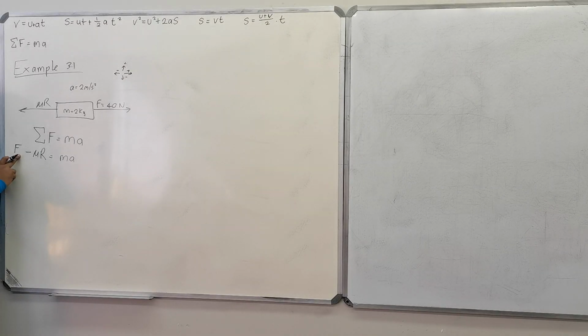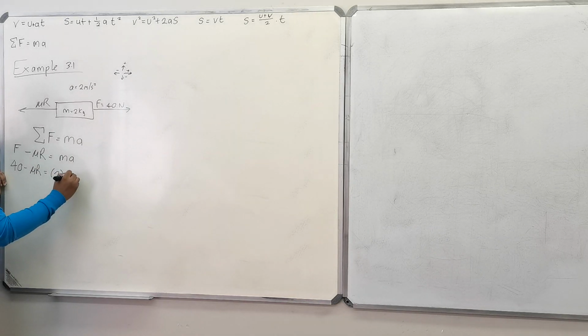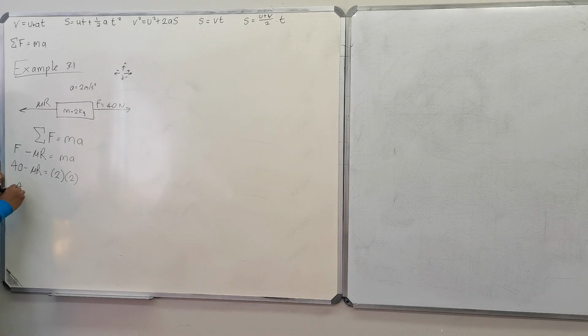We know this. We want to work on this. We know this. We know this. Right? So 40 minus frictional force is equal to 2 times 2. So this would be 40 minus this equal to 4, minus this is equal to minus 36. This is equal to